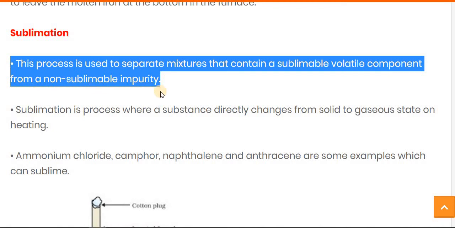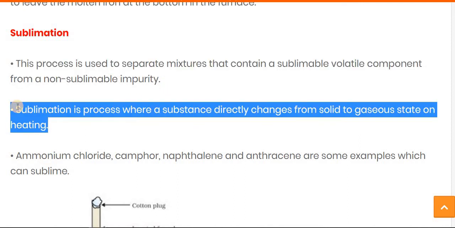Suppose in the mixture one substance is volatile, meaning we can easily sublimate it, convert it from solid directly to gas. And the other substance present in the mixture is non-sublimable, meaning it is not directly converted into the gaseous state. In such a case, we can use the sublimation process.